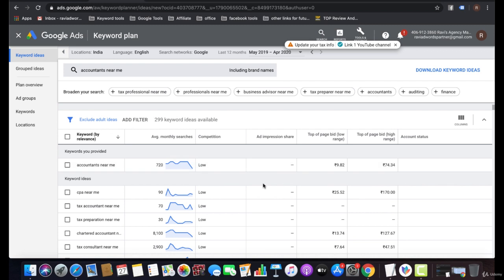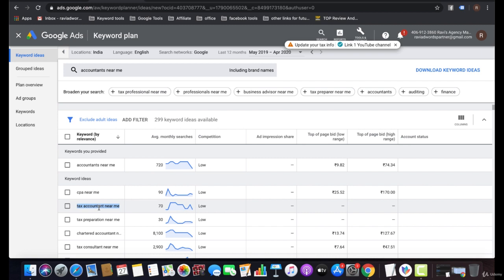Then you can analyze the competition level for each time period as well, and you can see competition is low. That means my keyword will get a lower bid, maximum up to 9 and higher up to 74, and those are the relevant keywords: CPA near me, tax accountant near me, you can select those relevant keywords.